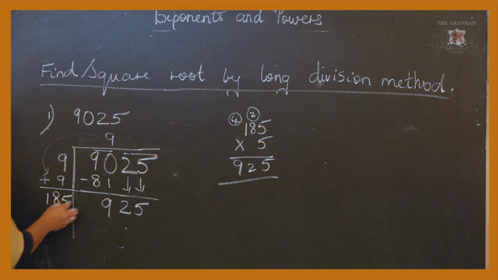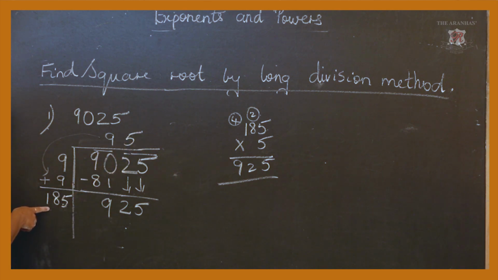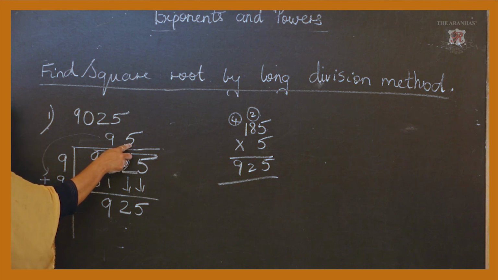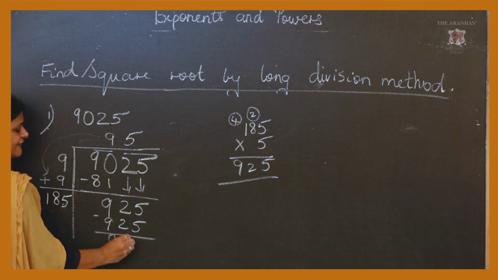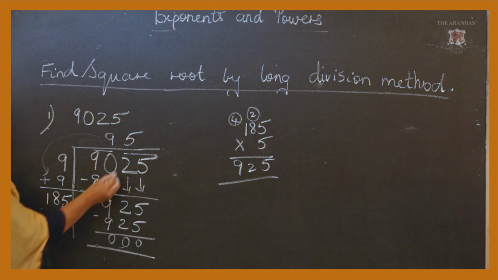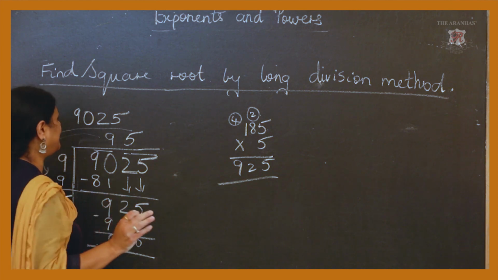This 5, that means 185. This 5, I am going to put over here. That means this 185 into 5 will give you 925. Now this 5 you are going to add over here, plus 5, which will be 190. Got it? Again, I am explaining here.